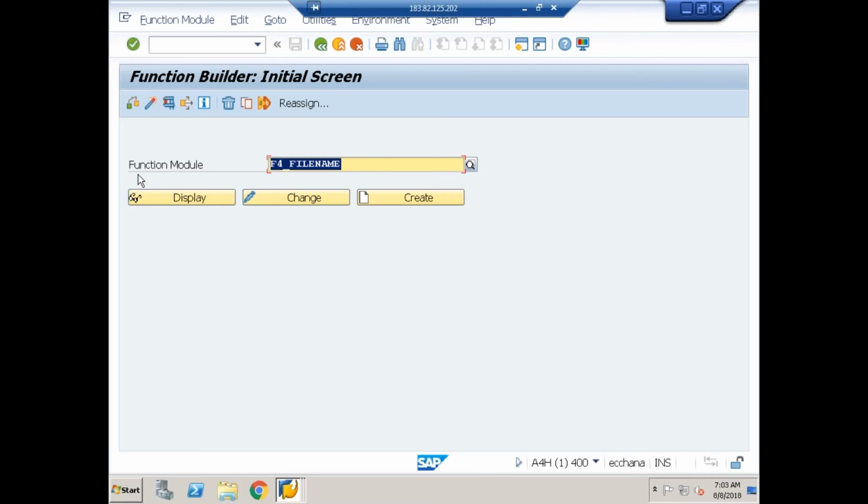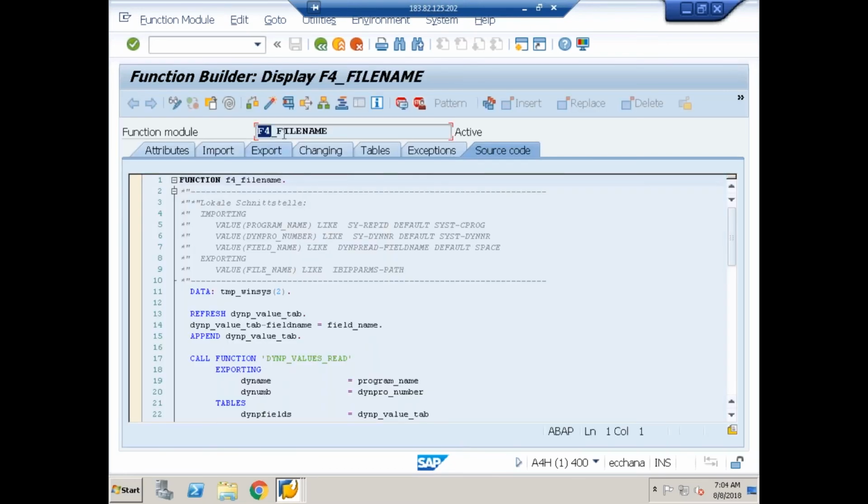This is one of the function modules given by SAP. That's why it is not starting with Z or Y. I'll try to display this. Since it is standard, I cannot directly modify, so I'll just click on display. This is one of the function modules. This function module also is stored inside a function group.